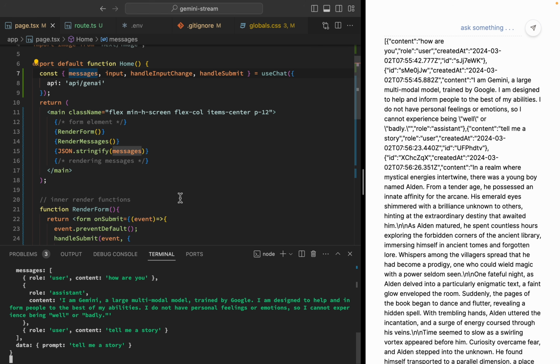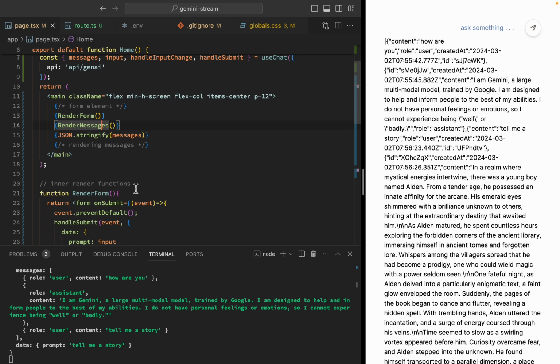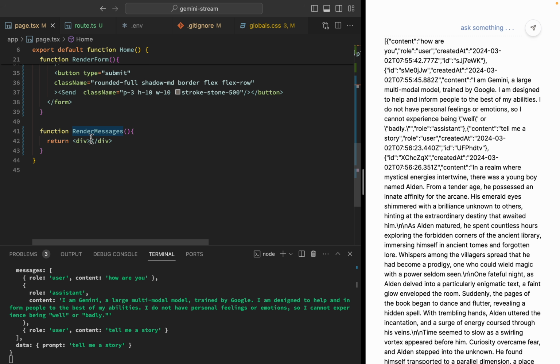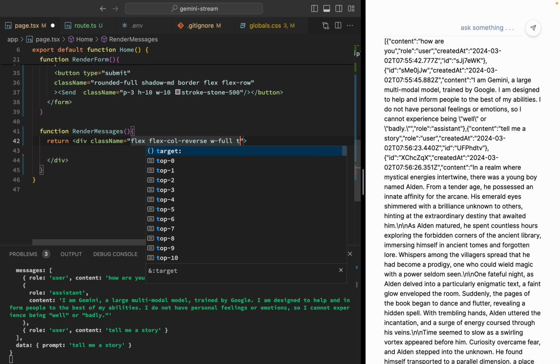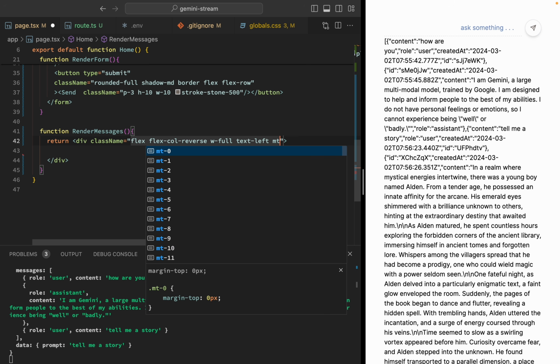Now let's start building the render messages section, and for this I'm going to go to this function renderMessages, and here inside the div I'm going to give it some class names. I'm going to write flex-col-reverse, because the first message should be displayed last and only the latest message is going to be at the top, so that the user only gets to see the messages that were generated just now, and the user can scroll down to see the older messages. And I'm also going to use w-full, text-left, and mt-4,